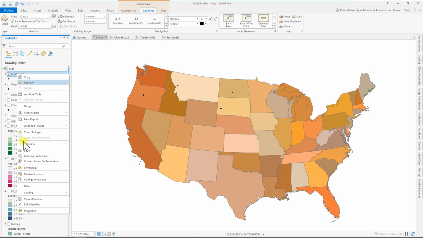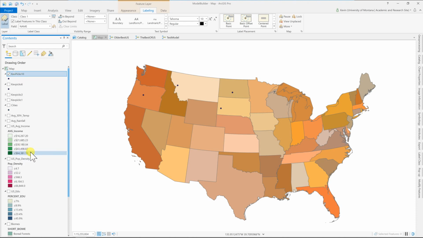So turn on the labeling on that. Very good. So that one only picked 4 different cities out of all those in the United States: Bend, Missoula, Bismarck, and Rapid City. And the reason for that limited selection is because I fine-tuned that model around Missoula, and I found out what all the parameters were by just clicking on Missoula with all the variables turned on and looking at what Missoula's statistics were.